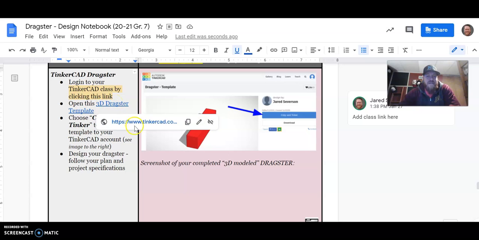And so when you click on this link right here, that's going to take you to a template that looks like this image right here on the right-hand side. So the top button is going to say Copy and Tinker, and that's what you want to do. And when you click on that Copy and Tinker button, it will automatically create this project for you in your account. All right? So go ahead and click on that, pause that video,